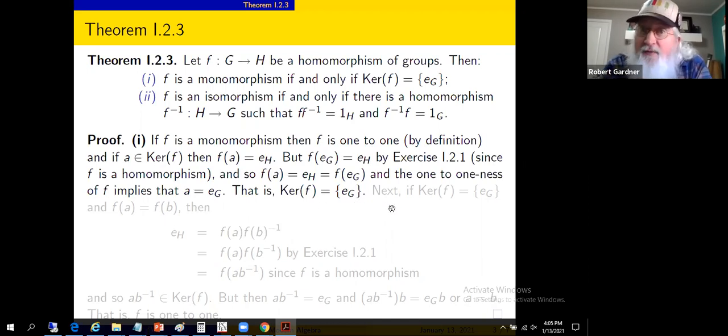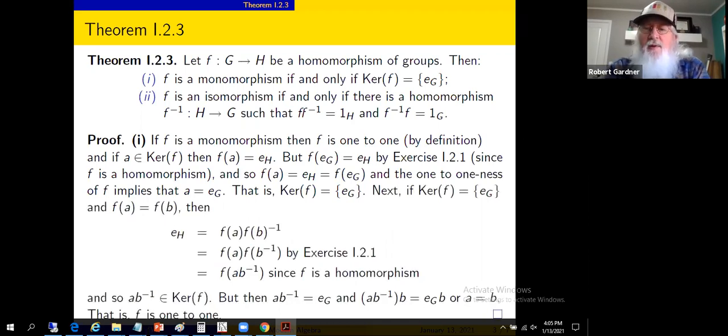Okay, let's look at the converse of that, if and only if result. Now suppose the kernel of F consists only of the identity of G. Suppose F of A and F of B are equal. We're trying to show one-to-oneness. We want to draw a conclusion, and here it is down here, that A equals B. So suppose the kernel of F is the identity of G, and F of A and F of B are equal. Then